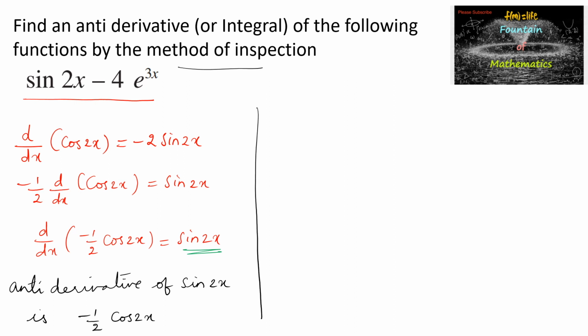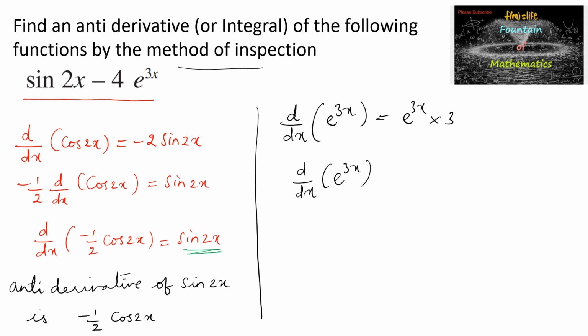Let's find the other function, 4 e power 3x. We know that differentiation d by dx of e power 3x is equal to e power 3x into 3. Or we can write d by dx of e power 3x is equal to 3 by 4 into 4 times e power 3x, just by multiplying and dividing with 4, so that 4 by 3 times d by dx of e power 3x is equal to 4 into e